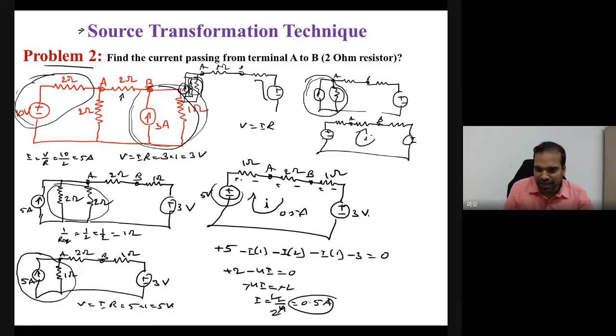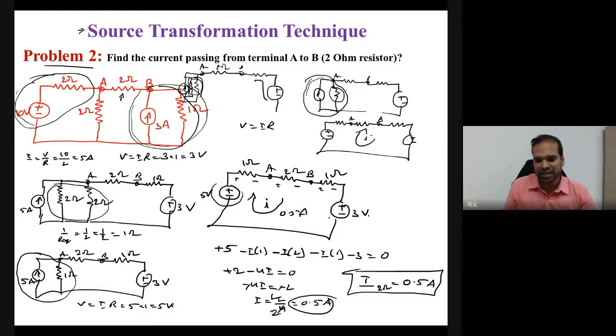You know, right, if elements are connected in series, the current will be the same. So 0.5 ampere at 1 ohm and 0.5 ampere at 2 ohm as well. Therefore what is our aim here? We need to find the current flowing at the 2 ohm resistor. As all these elements are connected in series, the current will be the same. 0.5 ampere is flowing where? At the 2 ohm resistor. The same current will flow at the 1 ohm resistor and the other 1 ohm resistor.